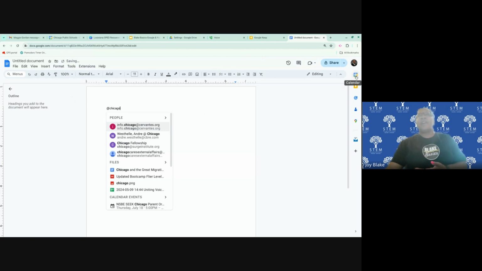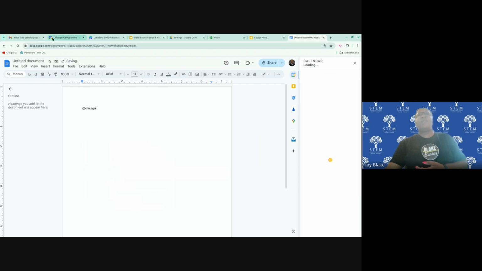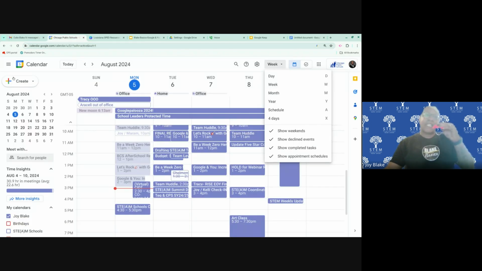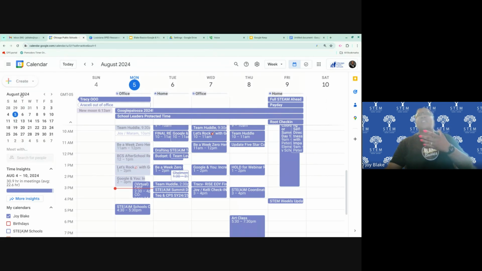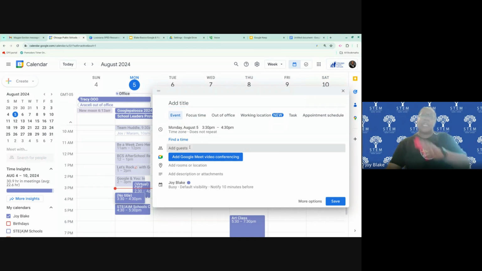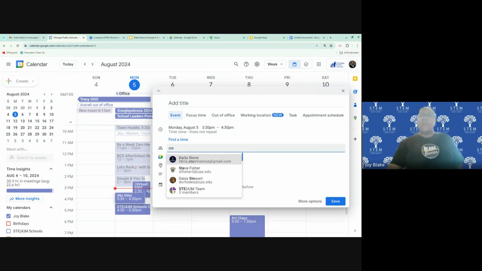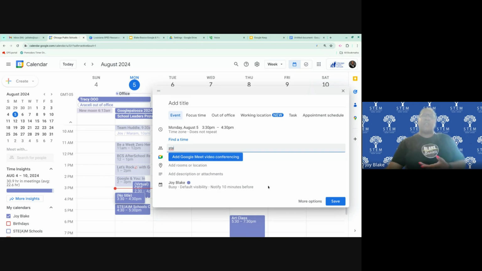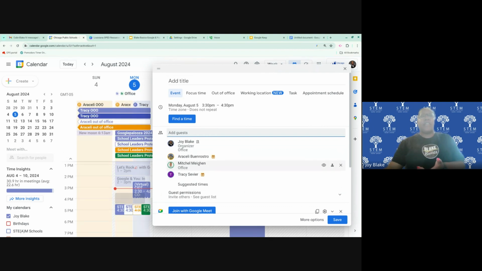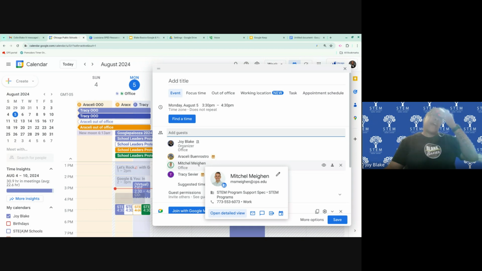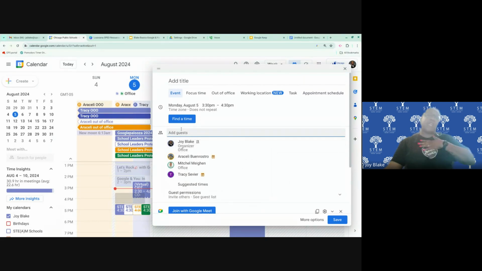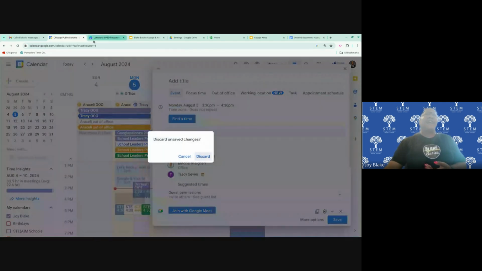Whenever you make a new calendar invite, if you have the pre-made contact list, you can use that contact list when you make a new event. If you have that pre-made list within guests, just like I did with an email, see how my pre-made list came up, it will put them in your calendar invite. So that's why once it's over 500, I believe you need to make a group. But if it's under 500, I believe you have to do a contact. But that's above my pay grade, to be honest. But that is my recommendation. Make those contact